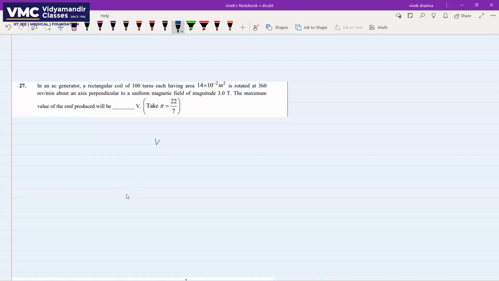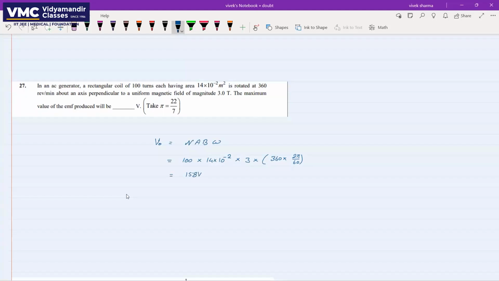So AC generator के लिए maximum voltage V naught लिख देता हूँ, and that is equal to N A B omega, and number of turns it is 100, area it is 14 into 10 raised to the power minus 2, magnetic field SI unit में 3 given है, and omega it is in revolution per minute. So again it is 360 into revolution per minute, so it is 2 pi upon 60, 2 pi upon 60. So after solving we will get